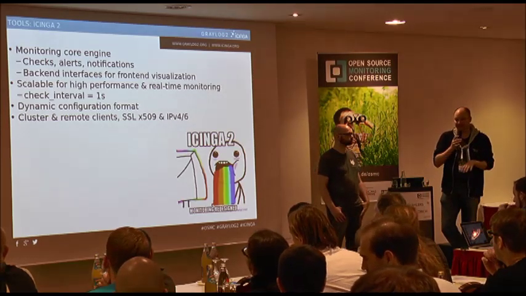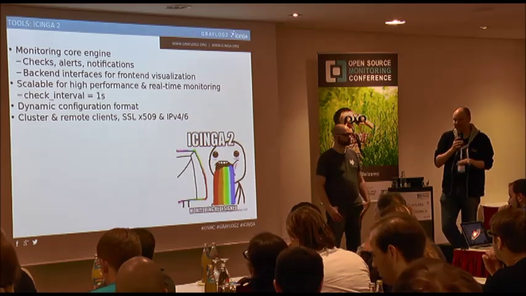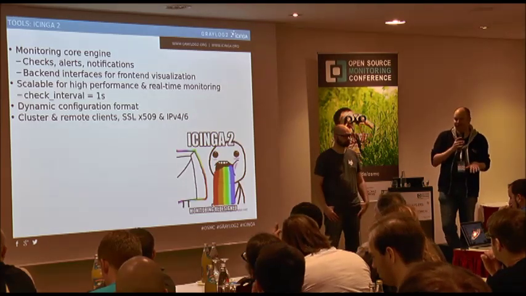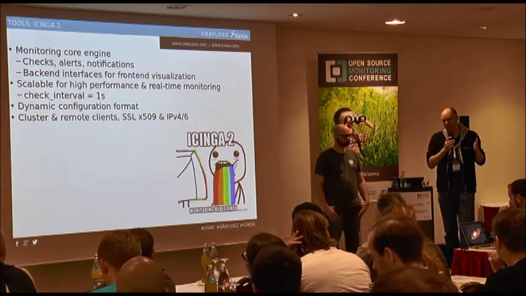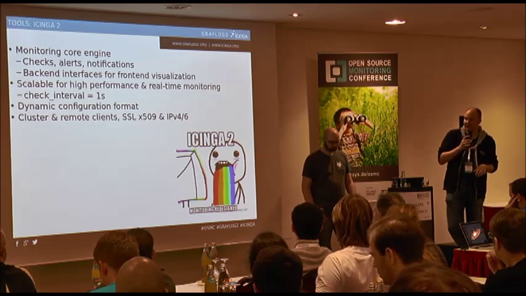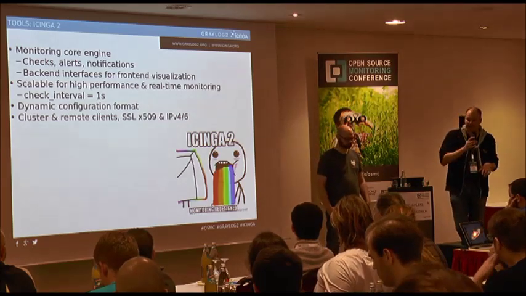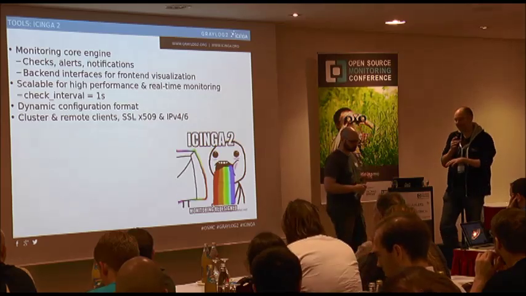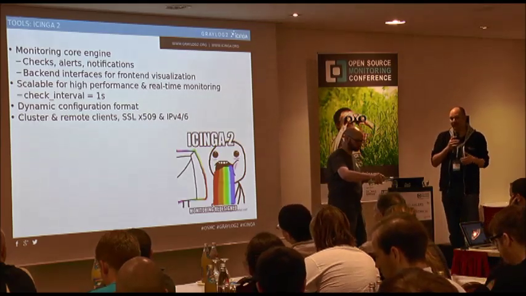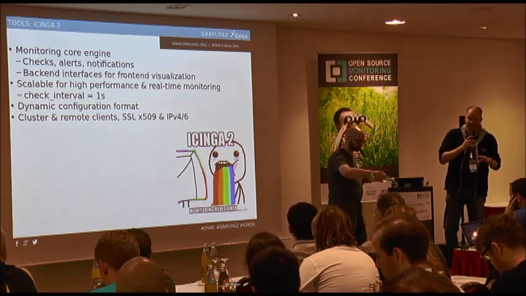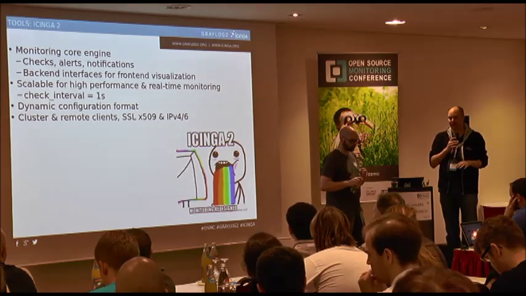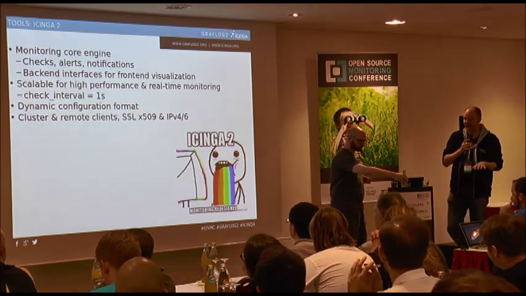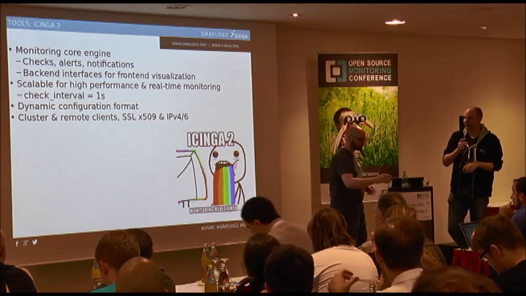One of the big differences compared to Icinga 1 or Nagios is that it's scalable for real-time monitoring. You can actually run checks in seconds, or sometimes milliseconds if the plugin provides that. And maybe I want to do that with logs, checking every second or every 10 seconds: did something change? Is there an alert somewhere? That's mainly the thing we are trying to show or solve here.